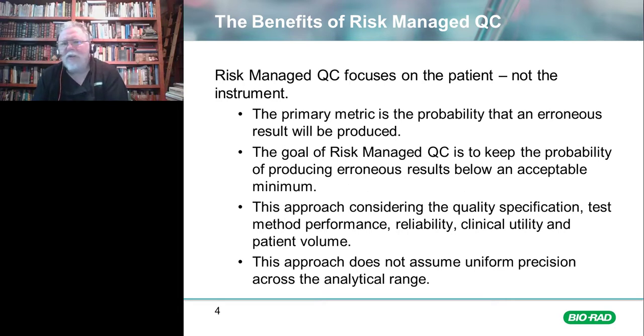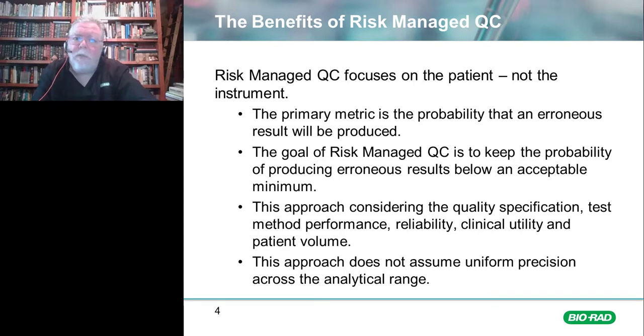So with a patient-focused approach, the primary metric is: what's the probability that we're producing erroneous results that are going to harm a patient? And while those two things may seem similar, they're very, very different. When we start focusing on the probability of producing erroneous results, well, that depends on how many patients are